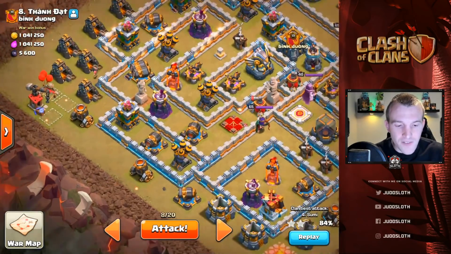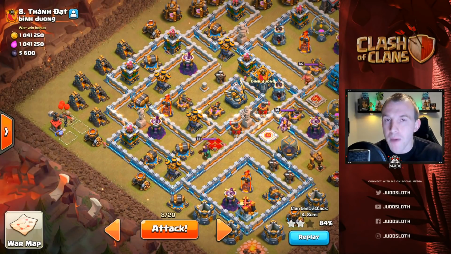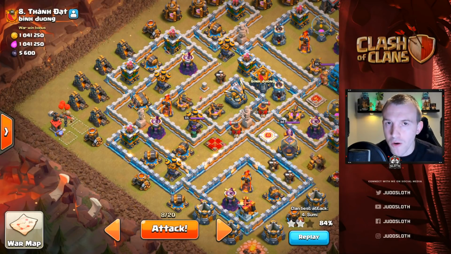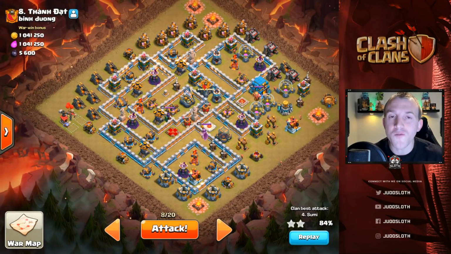I'm going to come from this left hand side, so we need to create the funnel here first. I am going to use a P.E.K.K.A. on one side, my king on the other, followed by the wall wrecker and all of the troops to come in. That should be pretty straightforward to get into the base there, and the single target inferno will hopefully be